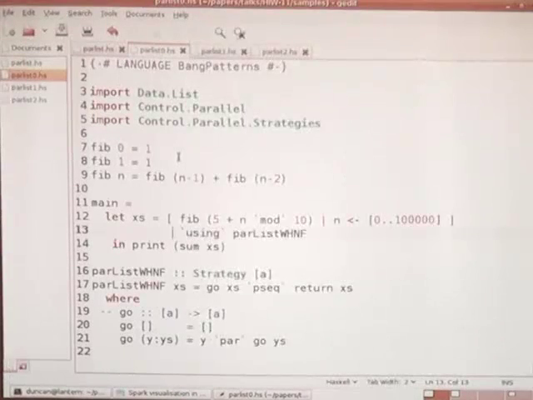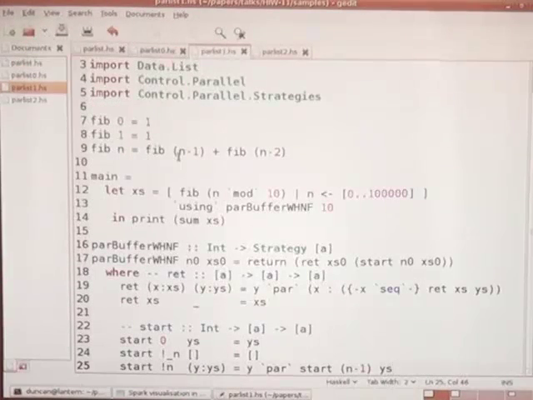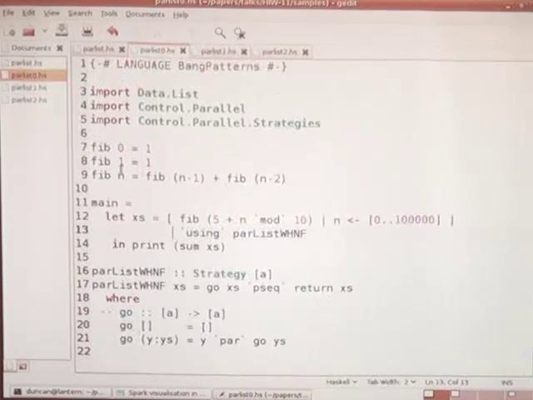Let me show you here. So what this program is doing is generating some work using Fib, generating 100,000 sparks and evaluating using the ParList combinator. ParList just makes all of them available